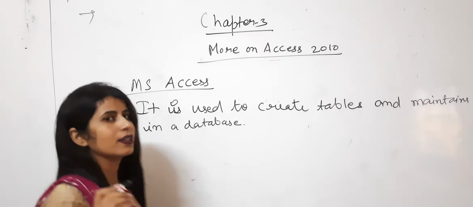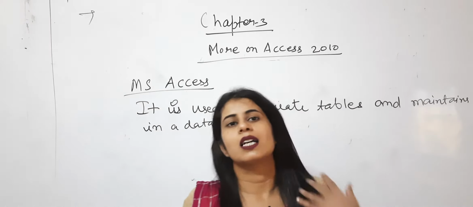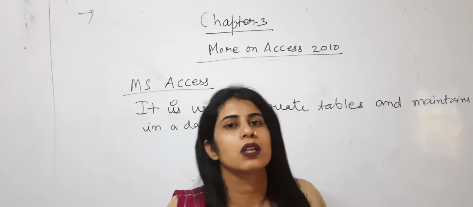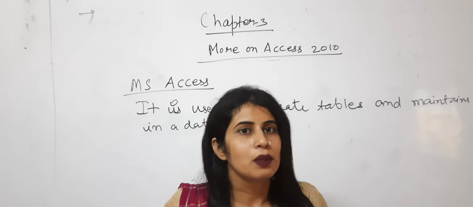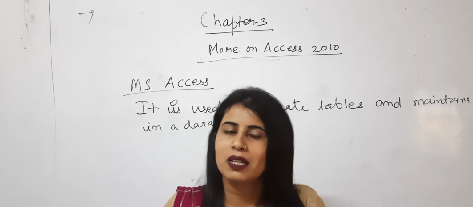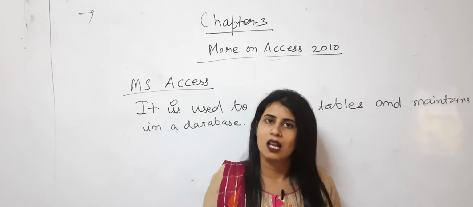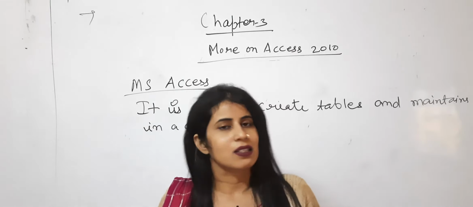Okay, what is a database? A database means a collection of data that we have arranged in a particular order, and with the help of features like primary key we are able to access the data also. It means a large amount of information is there and we are able to access it.